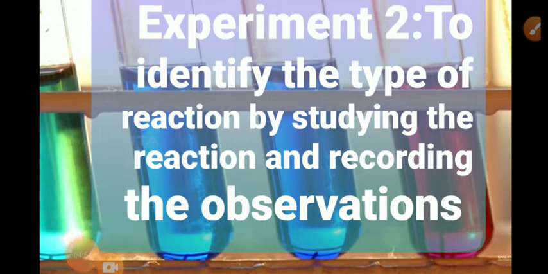Children, while we are performing this experiment we have to be very careful because, as you know, the burning of magnesium ribbon is very fast and very bright. So we have to be very careful. We can see here that the flame is very bright and very high. So we have to take care, and here we can see that two reactants combine and form one product. So we can call it a combination reaction.